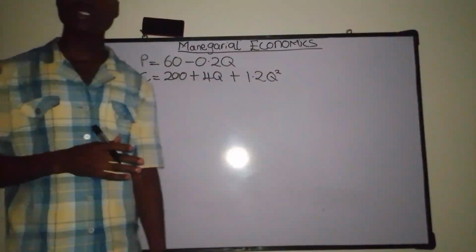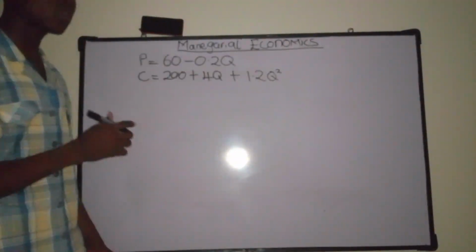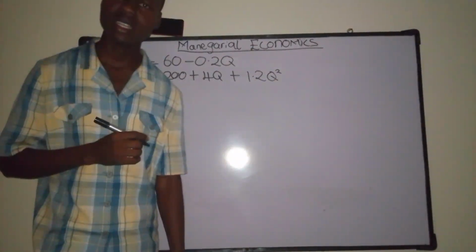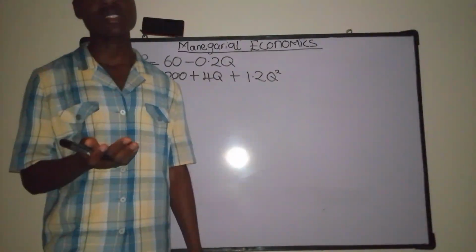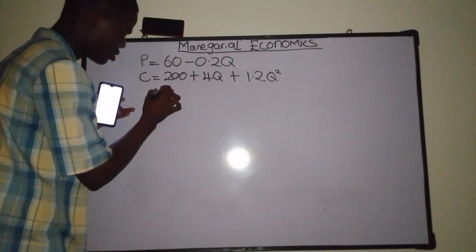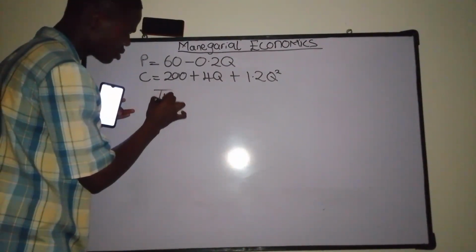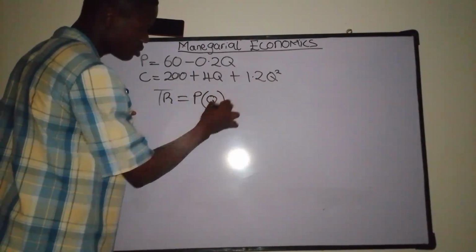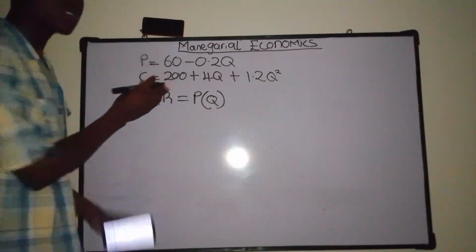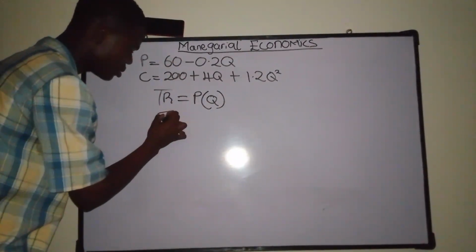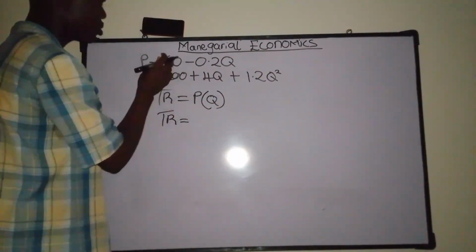The requirements for this question are the profit maximization, the size of the profit, and the amount from the profits. Now, to solve the total revenue, total revenue is equal to price times quantity. And in this question, there's no quantity, but we're given the price already. So total revenue is equal to 60